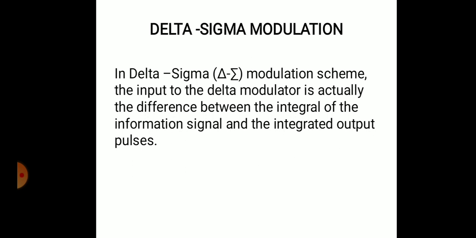What are the advantages of delta sigma modulation? In conventional delta modulation, the quantizer input can be considered as an approximation to the derivative of the input analog signal. The quantization noise results in accumulated error in the demodulated signals, whereas in delta sigma modulation, the input signal is passed through an integrator, or we can say a low pass filter, and then applied to the conventional delta modulator. So the use of the integrator at the modulator amplifies the low frequency component of the input signal, thereby it reduces the quantization noise.